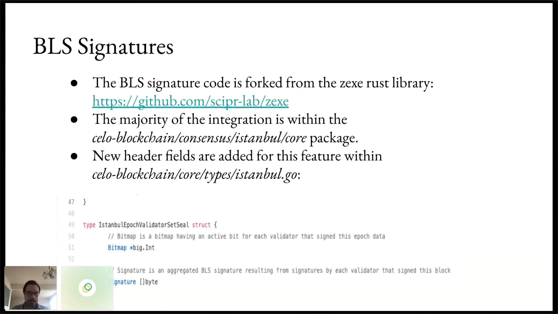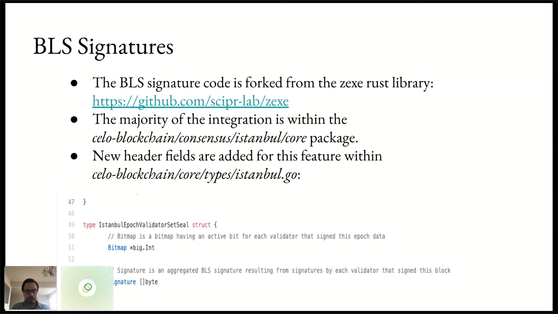As our common playbook, we decided to fork this open sourced and reputable package, and leveraged a lot of that for our BLS signing. We also had to do a lot of integration code between this BLS signing code and the IBFT consensus code. All that integration work is done within the core package that I described a bit earlier in the talk.